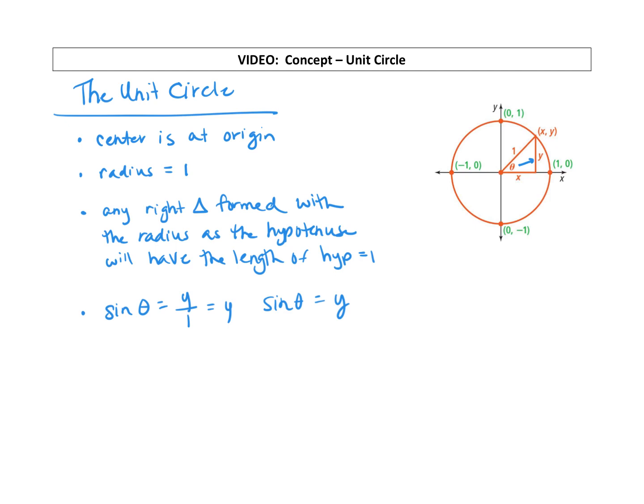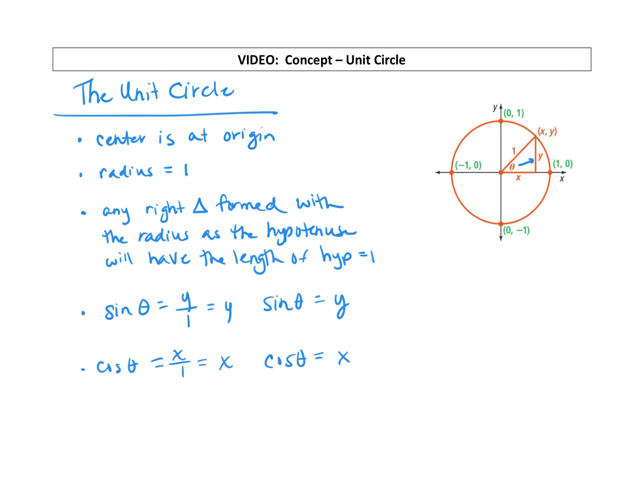Cosine of theta is equal to the adjacent over the hypotenuse. Well, if this is our angle, the adjacent side is x, the hypotenuse is 1, so it's equal to x over 1, which reduces to just an x. So cosine of any angle measure, in that picture right there, is going to be equal to the